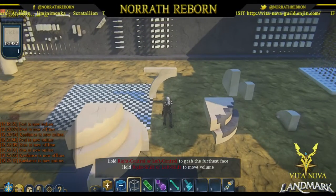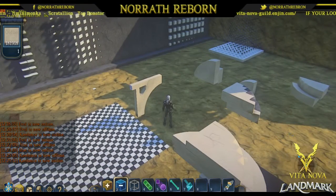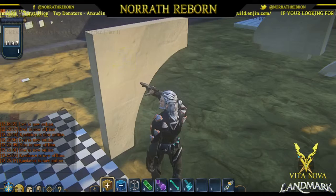Which this was one of the main ways I was doing things when I started doing the layering, because of the Dark Elf stuff, the blades, and